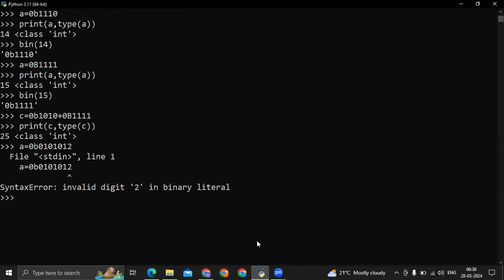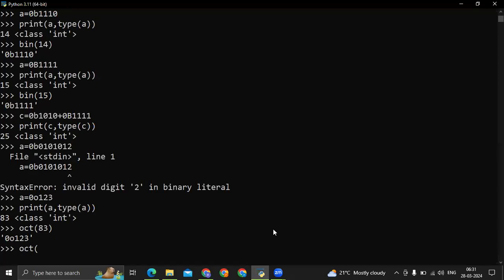Now let me write A is equal to 0O123. Now print A, type of A. See, it's converted. Now if I write oct of 83, got it? Now let me write oct of